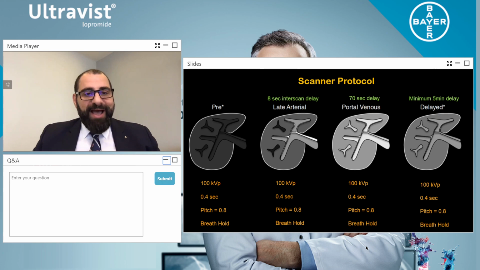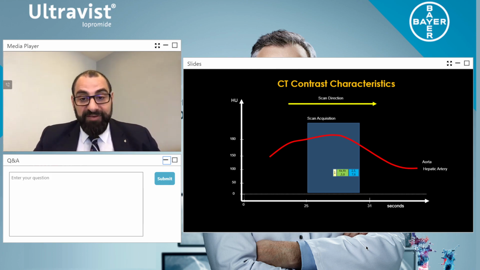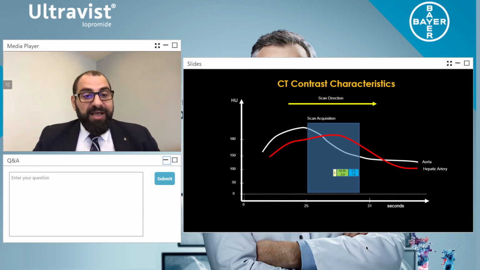So now let's have a look at the issues of contrast media delivery and the different lobes of the liver, how they're enhancing at different times. Did you know that between the first lobe of the liver versus lobe 2, 3, 7, and 6, there's about a 2-second interval or difference in enhancement? This is because of the direct blood supply coming from both the hepatic artery and the vein, as you can see in this graph. So that's why when we come to look at enhancement, we'd always want to do a late arterial phase, because every one of those 8 segments of the liver, we want them to be equally enhanced.